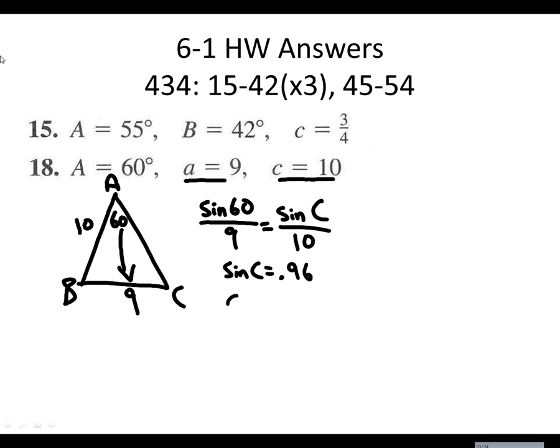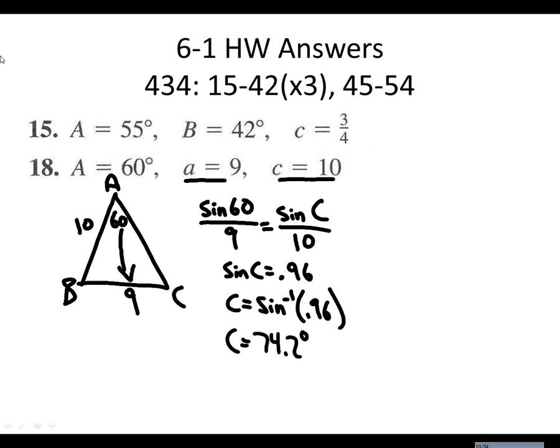So to get rid of the sine, I'm going to use inverse sine. C is the inverse sine of 0.96. And anytime we do the inverse sine, we're going to want to check for two triangles. We can do the h equals b sine theta option, but I think this is a little bit faster than checking all our options. So here's what we're going to do. C is equal to, when we plug it in, 74.2